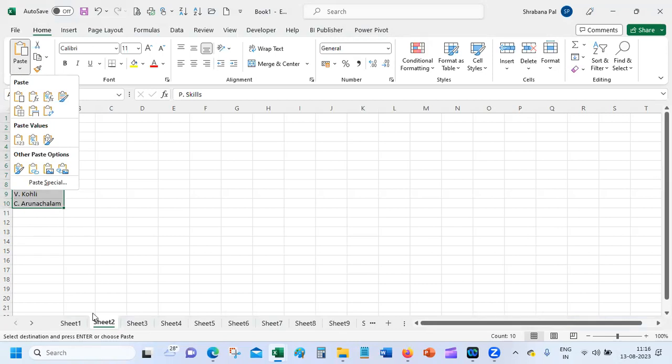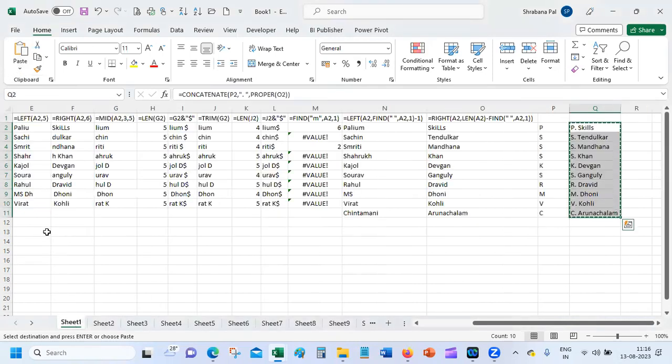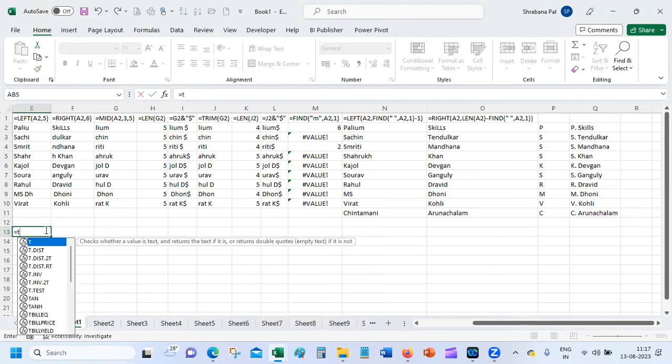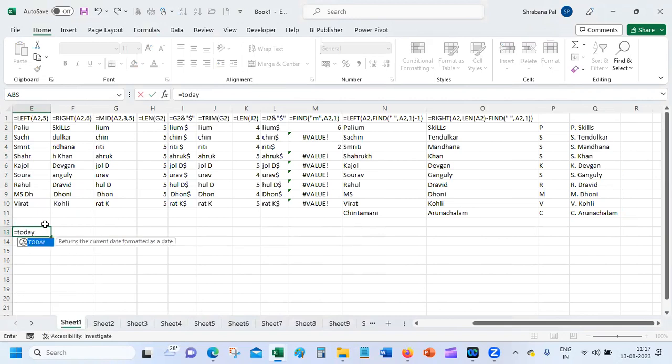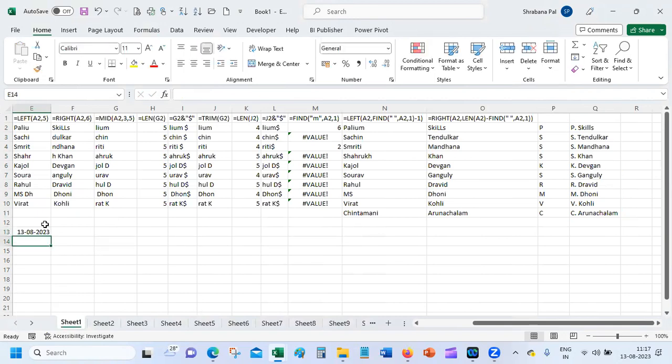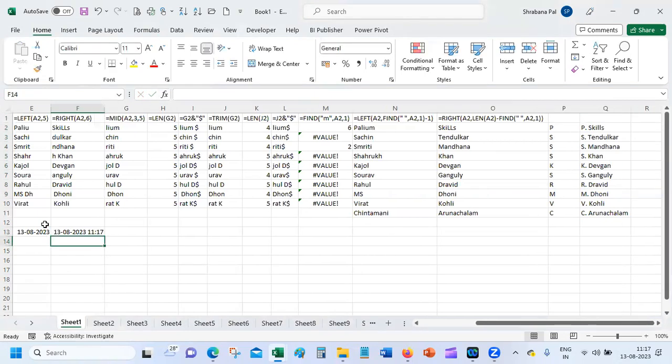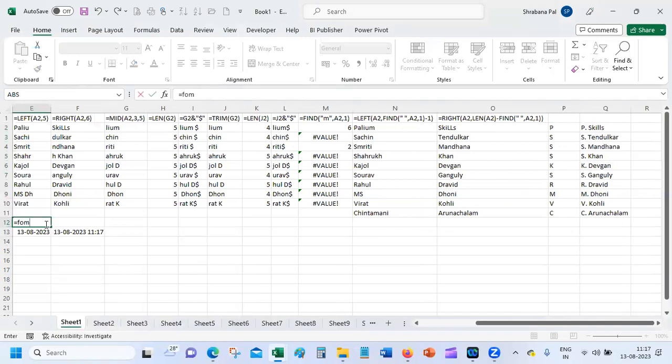Now, after the characters, let us try some date related stuff. Whenever you need to put any date, if you want today's date, you can type today, open bracket, close bracket, you will get the date. Next, now means date and time. Open the bracket, close the bracket. Don't write anything. You will get it, if you need the formula text,